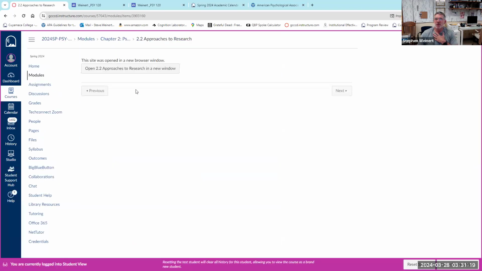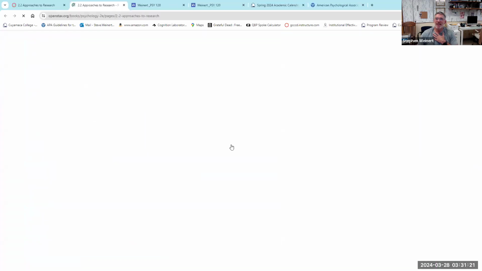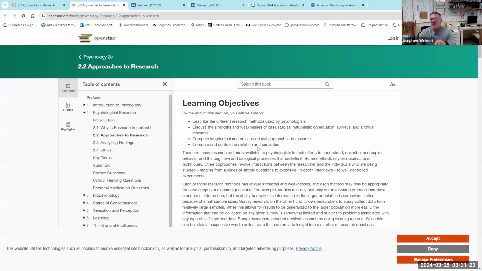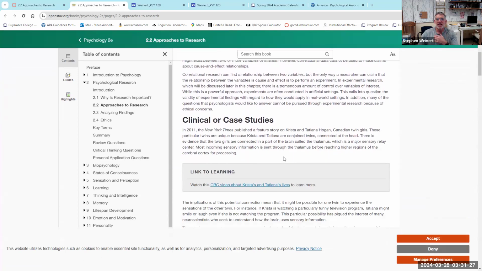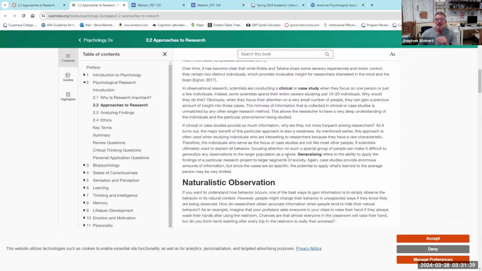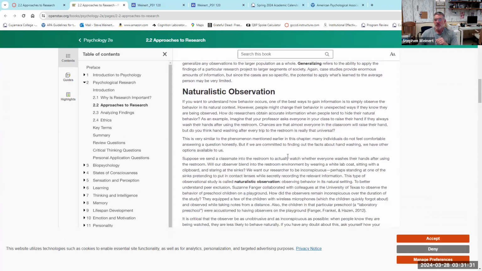Approaches to research. Ooh, you really need a nap? Read that. Actually, I really like that. That's kind of why I got into psych, but most students hate it. But so this is the textbook. It's right there. Ooh, naturalistic observations. I'm going to sit and watch Ted. Naturally, he's sleeping. He's still sleeping. I could do that all day. So that's all he does. Okay, he's a dog. Good life dog.